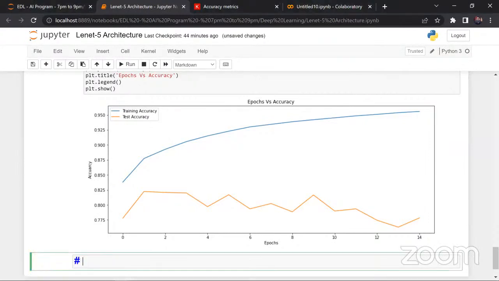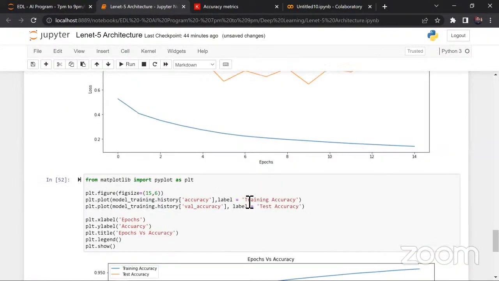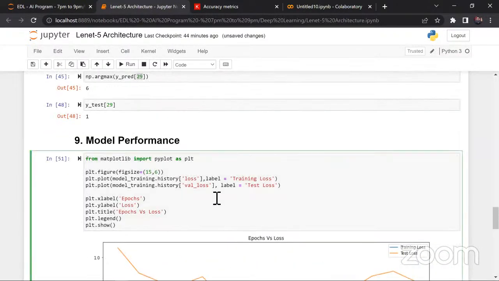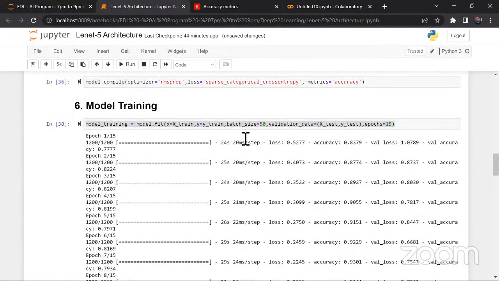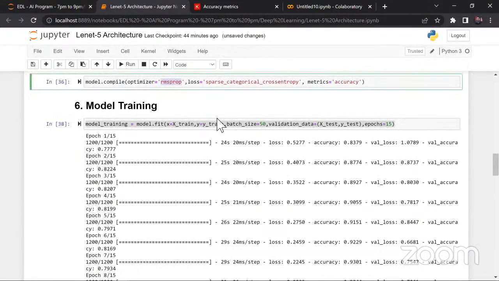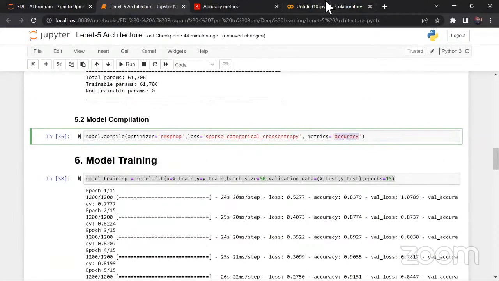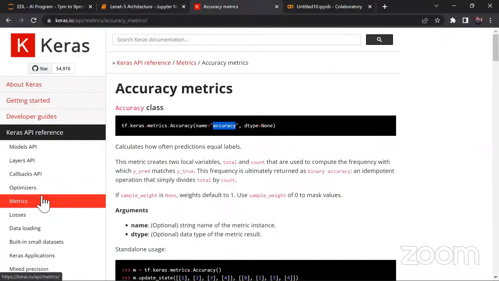And maybe what we can do, there are a lot of reasons. Let me just make the script end, and let's get into the next one. But the point is that it might be because of a lot of reasons. Maybe you might have picked up a wrong metric, or a wrong loss function. Or maybe you can try changing this RMSprop. Maybe try changing these metrics. So here,